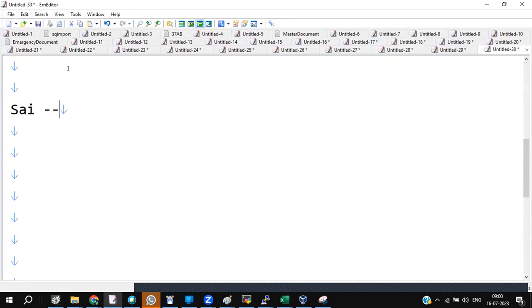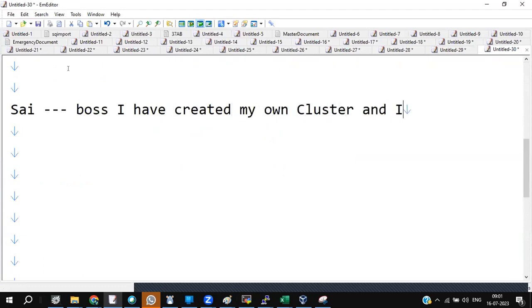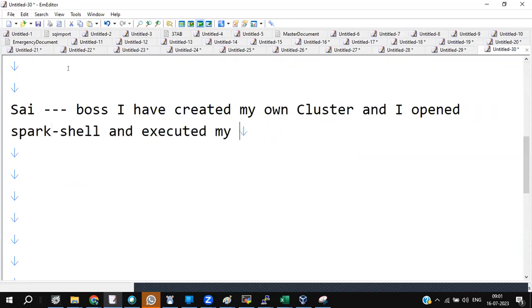Sai stated, boss, I have created my own cluster and I opened Spark shell and executed my commands, my Spark code.